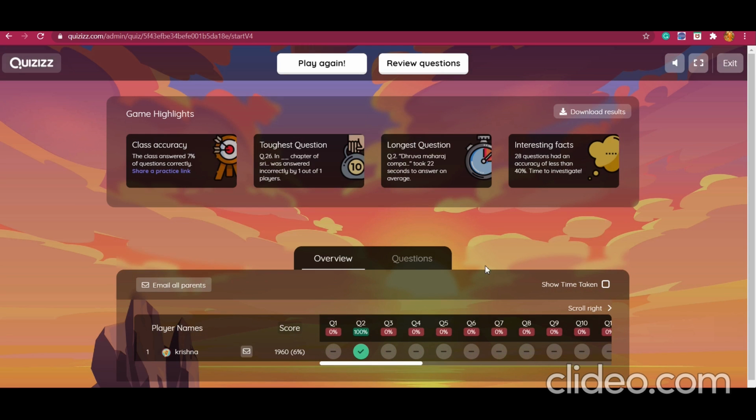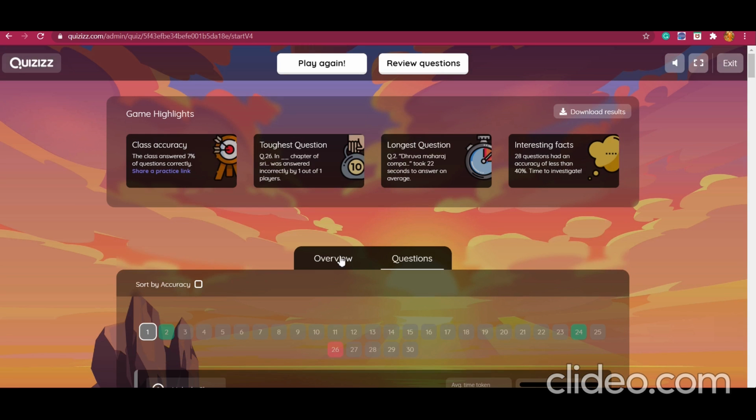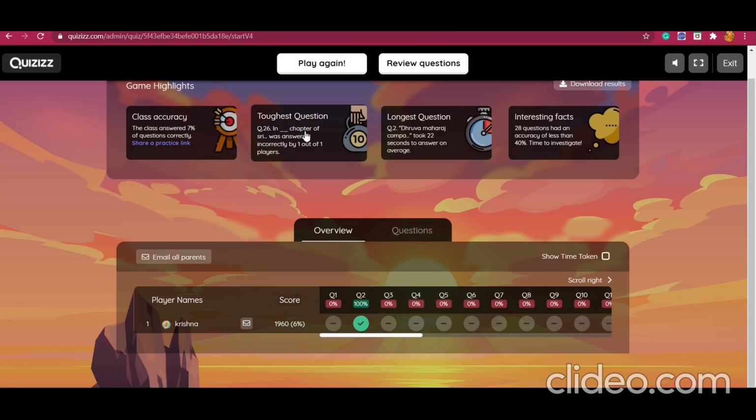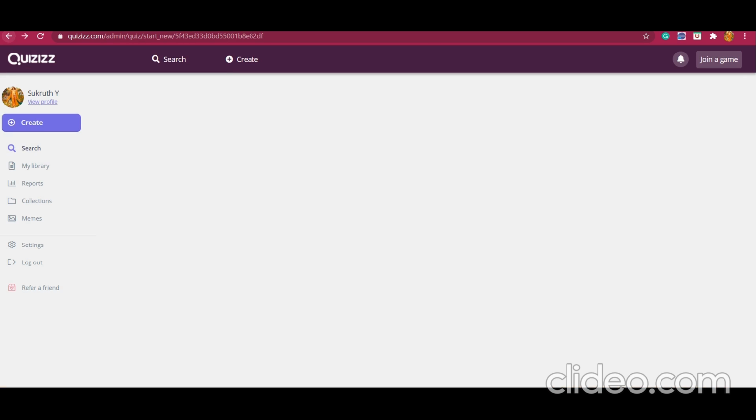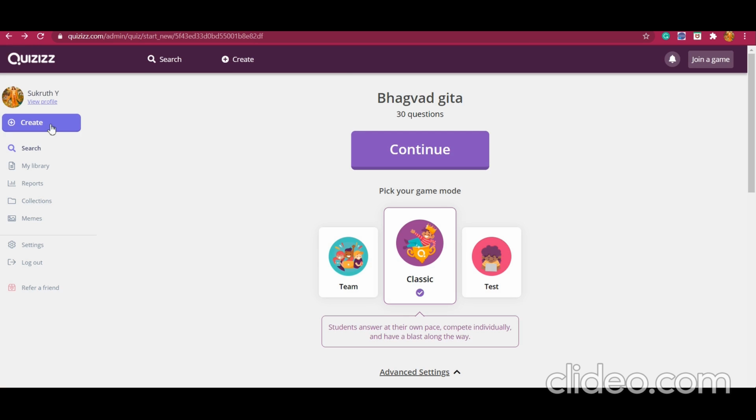Okay, now as you are done with the quiz, you have to provide marks to them. To do that, please go back here. You can go back by clicking this, and after going to this page again, our home page, now as you can see, it will show you different options.